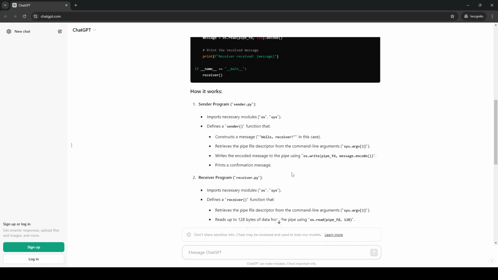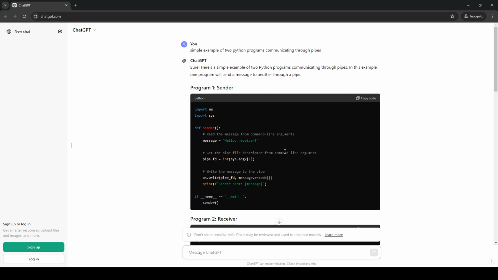I think there are other ways you can do that too. Get the pipe file descriptor. Okay. Anyways,